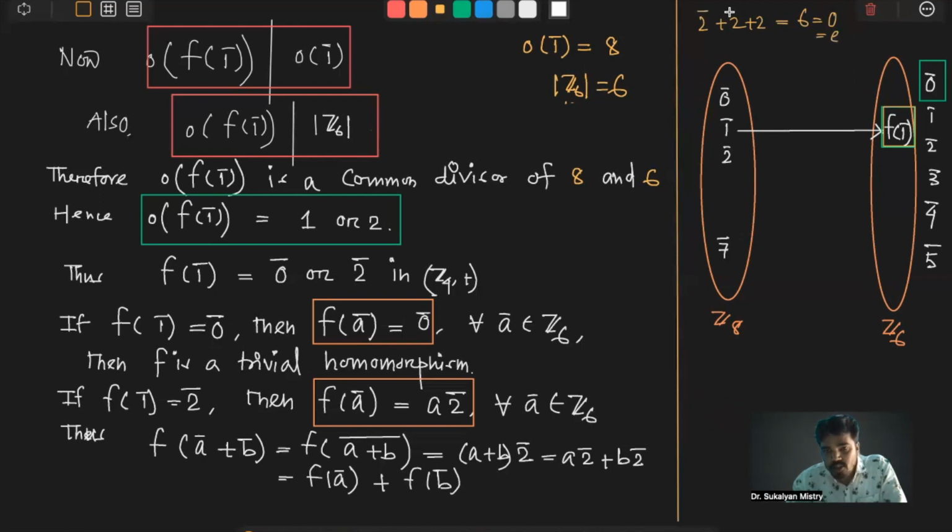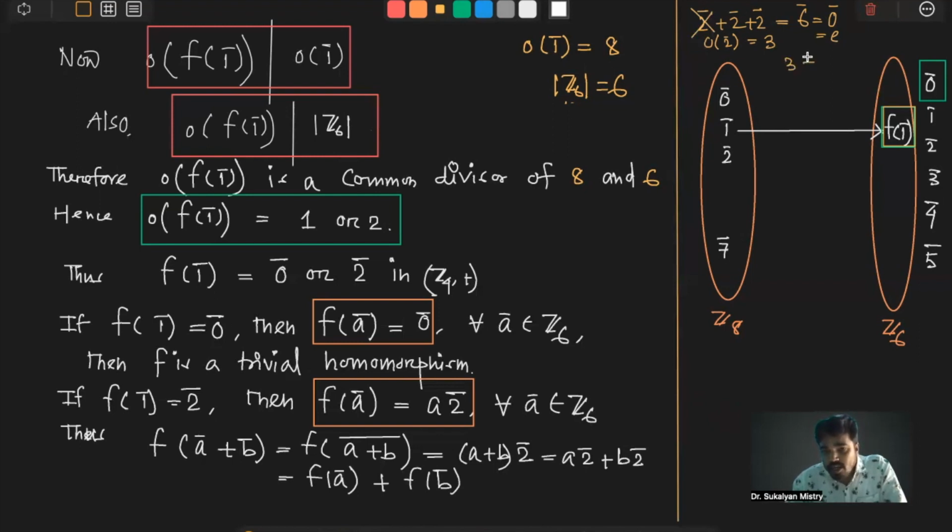হচ্ছে 0, অ্যাকচুয়ালি 0 বার। সো অর্ডার অফ 2 বার হচ্ছে 3, কারণ 2 কে মিনিমাম 3 টাইমস অ্যাড করলে আইডেন্টিটি এলিমেন্ট পাচ্ছ। সো অর্ডার অফ 2 হচ্ছে 3, কিন্তু আমার দরকার কত? অর্ডার অফ f1 বার হচ্ছে 2 দরকার। সো f1 বার 2 হতে পারবে না। ঠিক, এবার 3 নিয়ে কাজ করো। দেখো